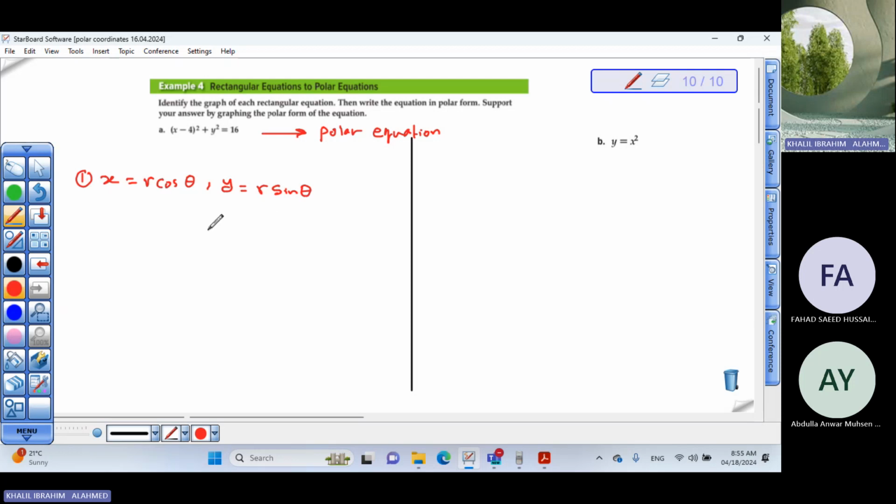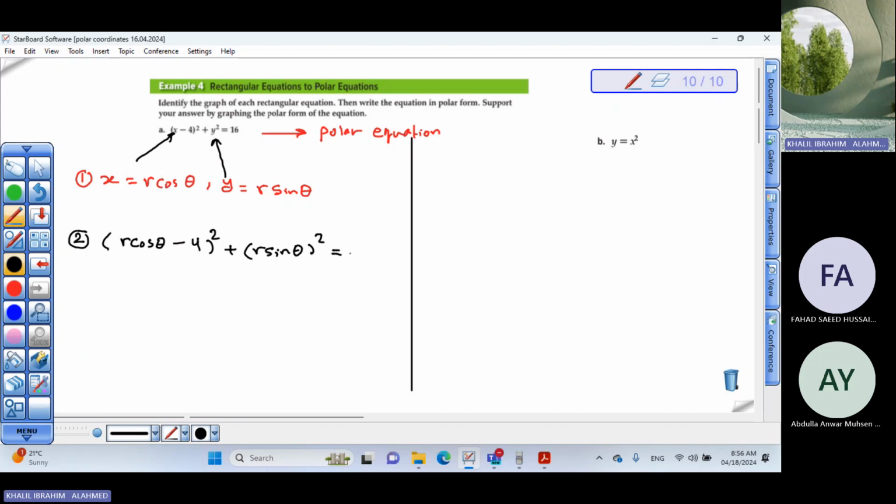Did you remember that, Mr. Abdullah? This formula? Yes, yesterday. Excellent. Step 2, what can we do? Just substitute. Replace each x in this equation by r cosine theta and replace y by r sine theta. Let me show you how to do that. Replace x with r cosine theta, minus 4, all of it squared, plus y, r sine theta, all of it also